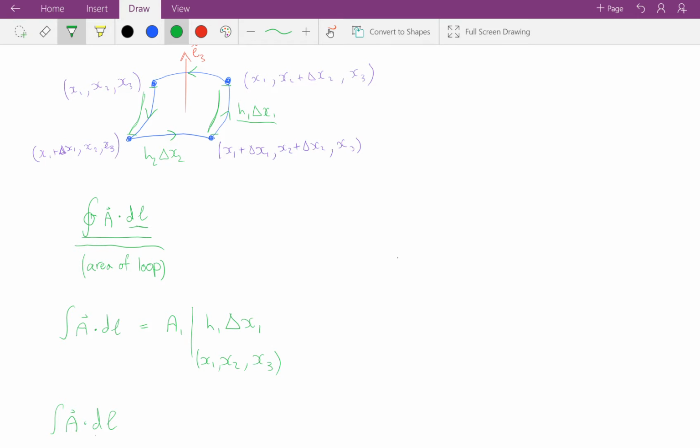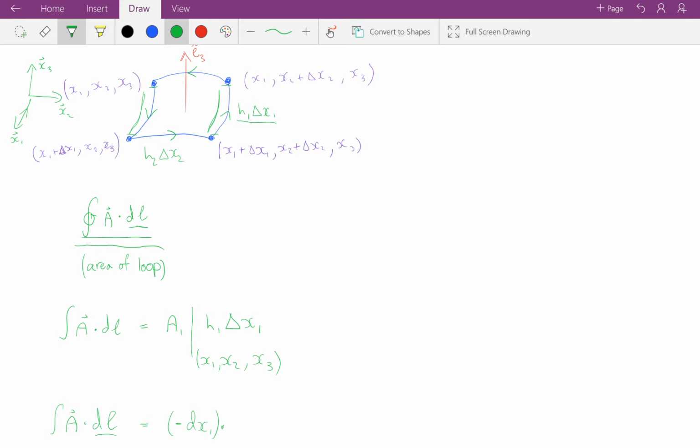Our dl component is going to be minus dx1, because we're going in the opposite direction. If these are our unit vectors, we've got x1, x2, and x3. So you can see that we're going that way, so it's the negative dx1